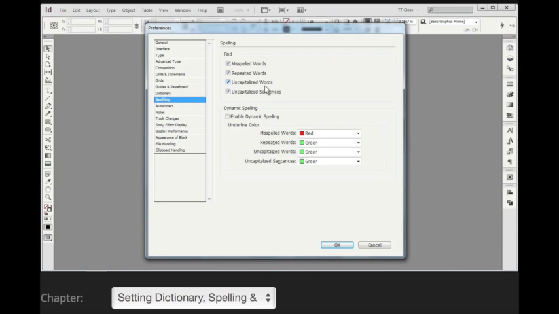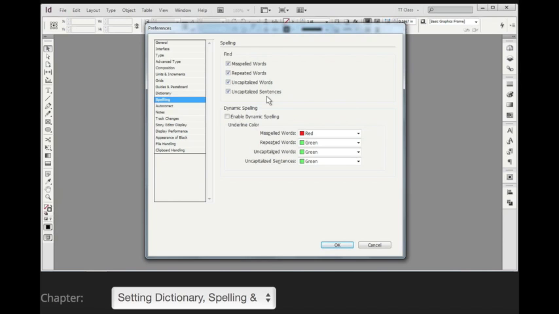It just means ones that aren't stored in your default dictionary or your user dictionary specifically to match the case if you select that option when you install it. And then finally, uncapitalized sentences. Anywhere it sees a period, if the next character that's typed after however many spaces doesn't have a capital letter,